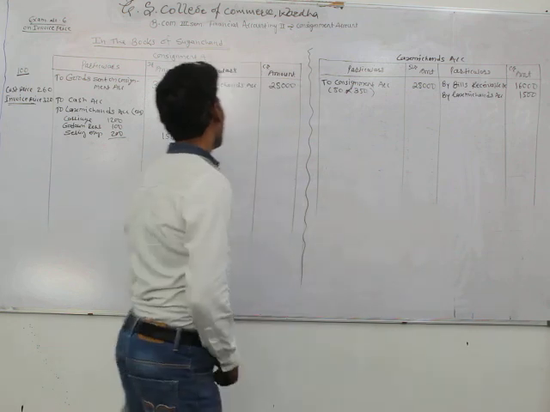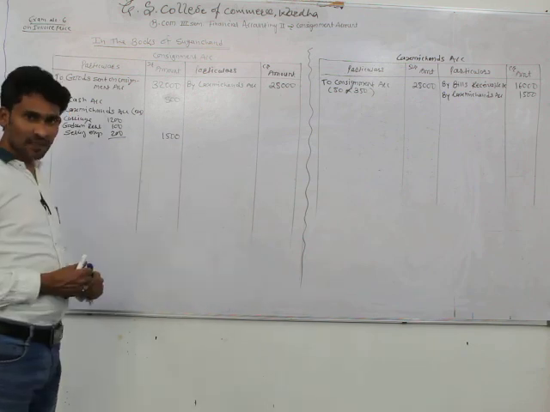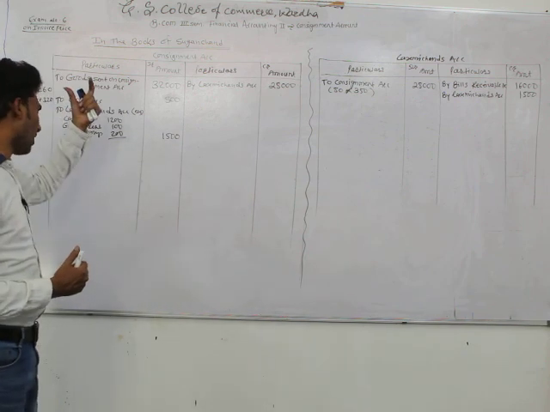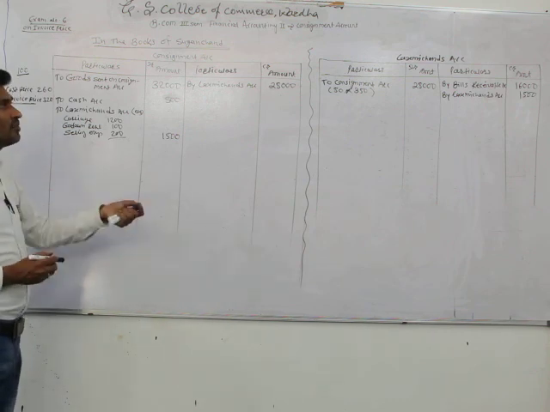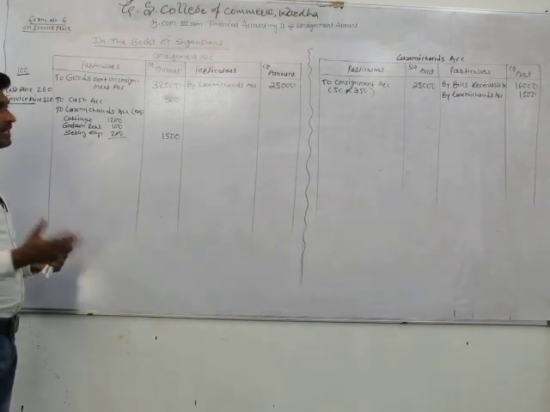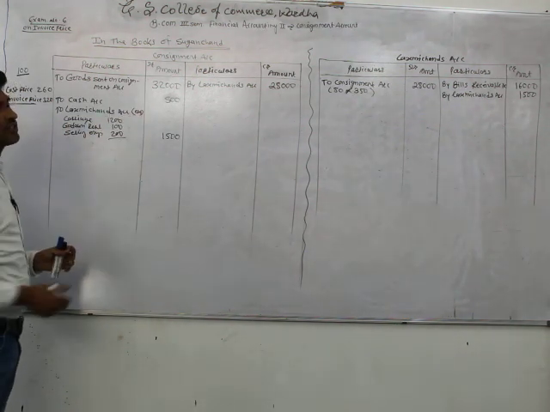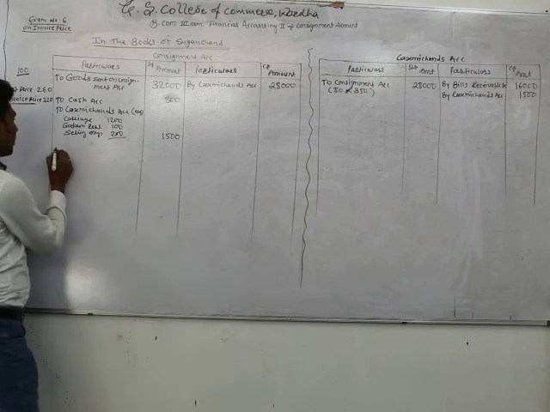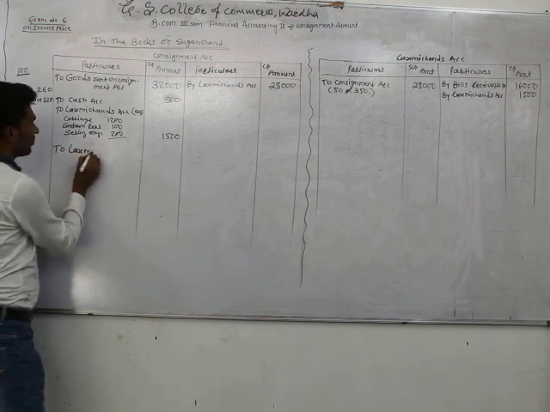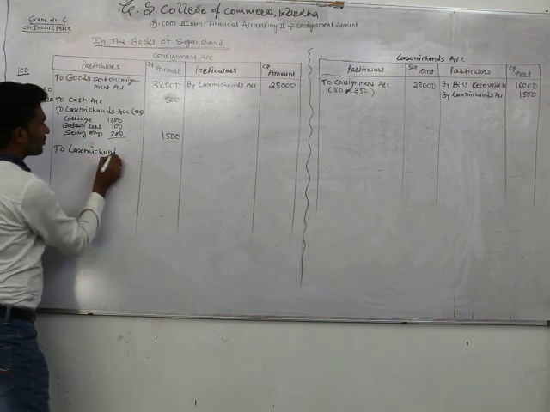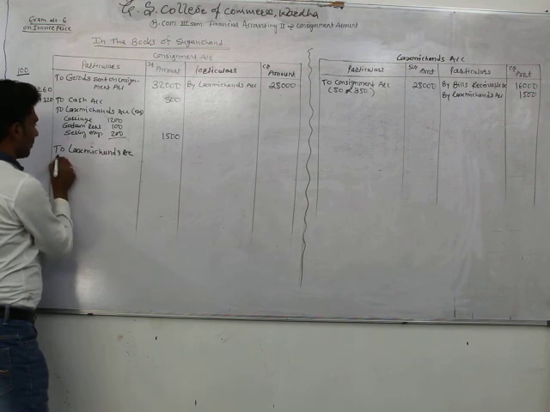Okay. So we need to make the calculation of commission, and commission is a consignment expense, and all expenses of consignment are recorded at the debit side of consignment account. So consignee's commission is recorded at the debit side. For that, Suganchand passed the journal entry consignment account debit and Lakshmi Chand's account credit. So write at the debit side of consignment account by the name of Lakshmi Chand's account.